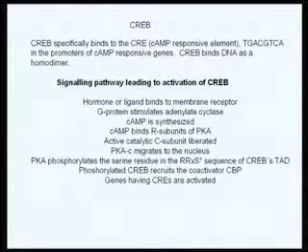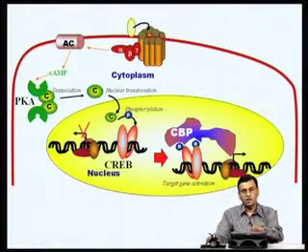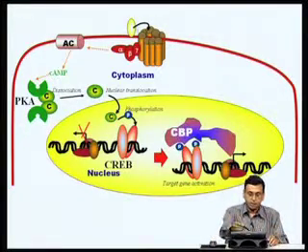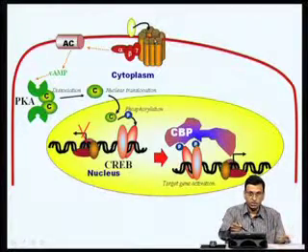So this is the basic scheme of transcriptional activation by CREB, or cyclic AMP response element binding protein. I have designated the same thing in a schematic form. It is very important, that is why I do not mind repeating this signaling pathway. So once the hormone binds to its cell surface receptor, which what we are discussing now is the GPCR,